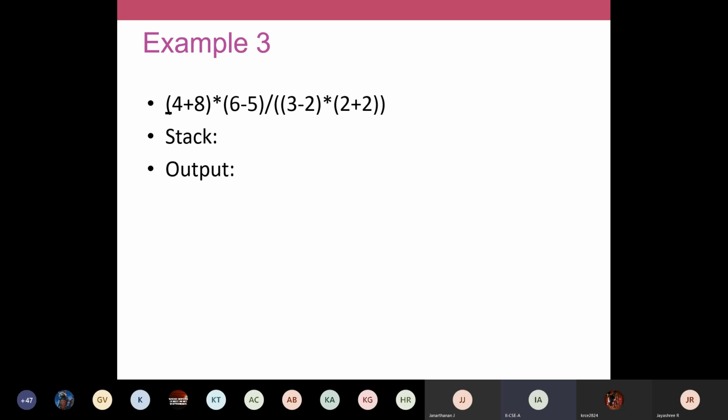Just listen. This expression might evaluate to some value, is it not? For example, 203 or 500 or something, some value you might get. So how your program or how your computer is going to find out that answer using a stack. Once again, for expression evaluation also, you're going to use a stack. So that we'll discuss in our next class.